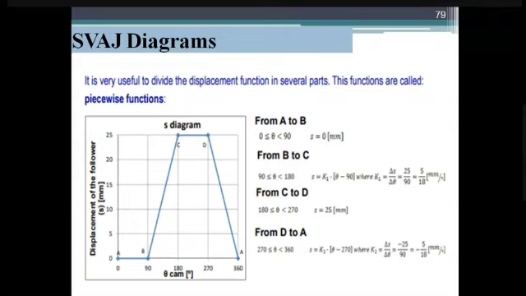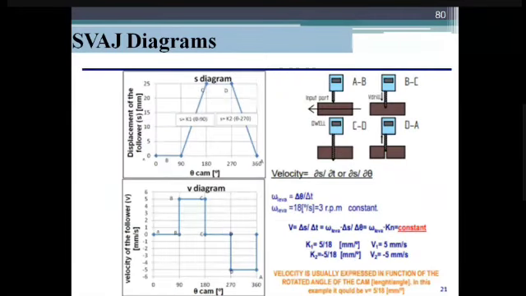Now, this is the displacement and its equations. Next we move to the equations for velocity, acceleration and jerk, and we go further. The third one: what about the velocity diagram? We named the first one the displacement diagram. Look at the first graph, the displacement of the follower from 0 to 25, and we have two equations. S is equal to K1 into theta minus 90 for the angle between 90 and 180 in the second stage. For the fourth stage, S is equal to K2 into theta minus 270, with theta of the cam and follower S in mm.